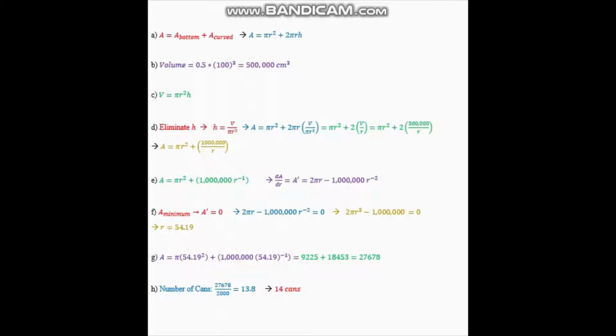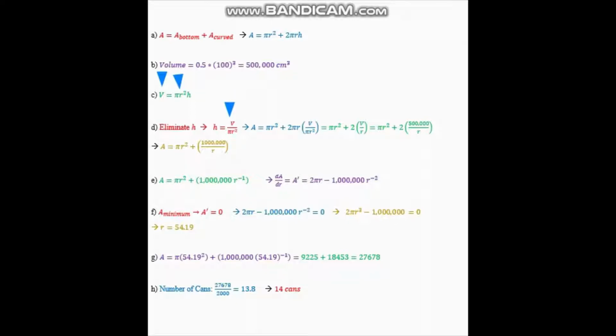So what we want to do is to find an expression for A in terms of r only. And there is our original expression. It has both r and h. So what we're going to do is eliminate the h by using this expression for volume in order to isolate the h and find an equivalent expression in terms of r. So since V equals pi r squared h, we can rewrite this as h equals V over pi r squared. I have simply divided both sides of this equation by pi r squared,